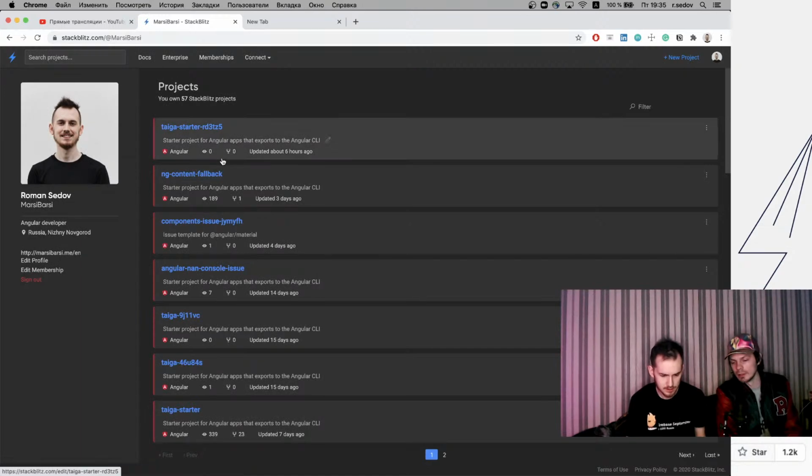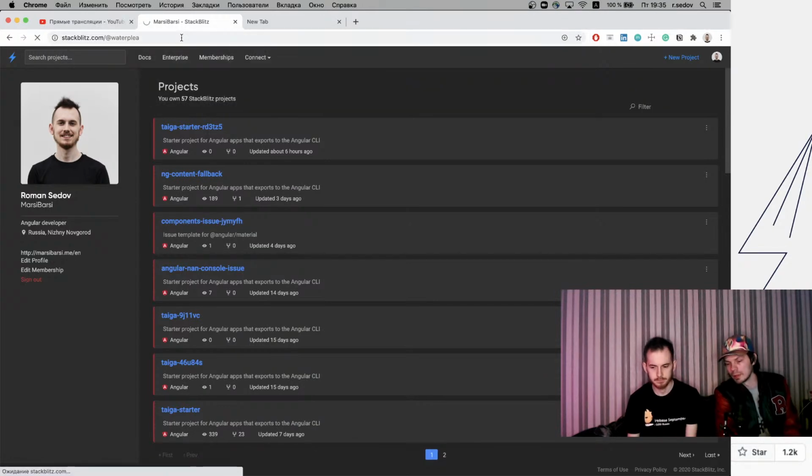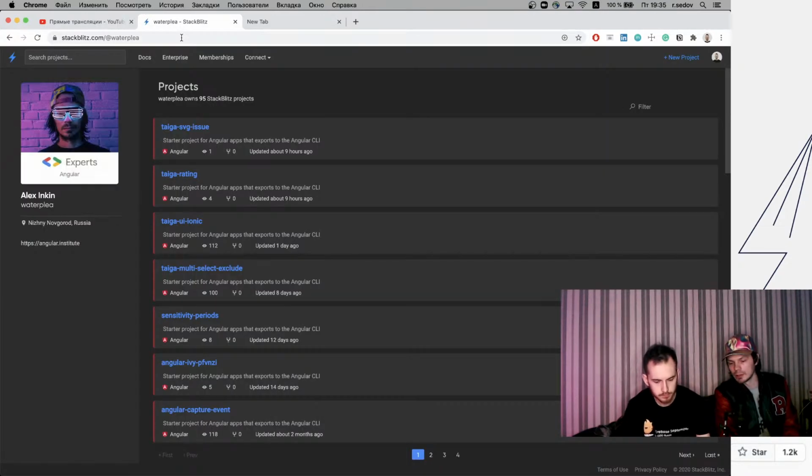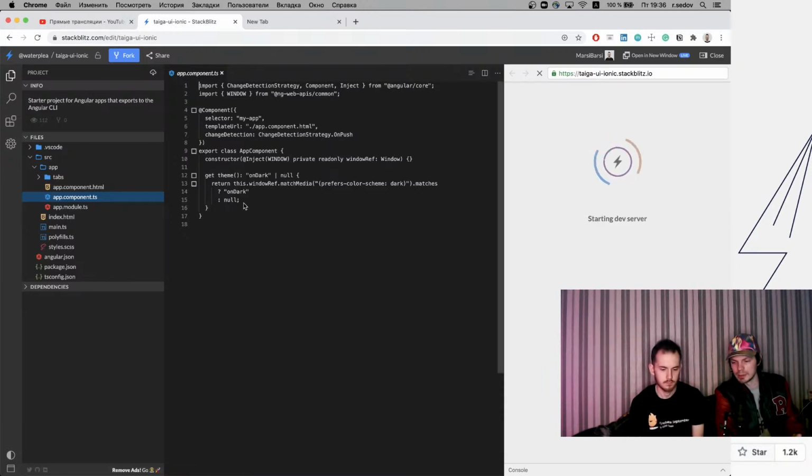It's really outdated, but I created my own Blitz with a fresh version of Ionic and Angular. It's Ionic 4 something, right? And Angular 11. And I've ported our starter there. And it loads fine. It even picks the preferred